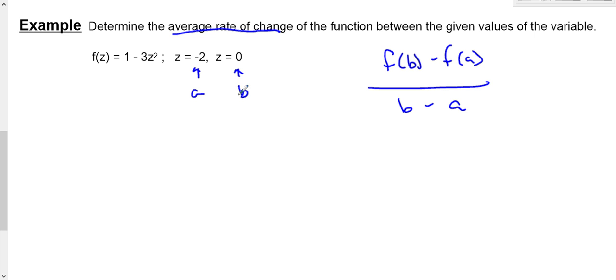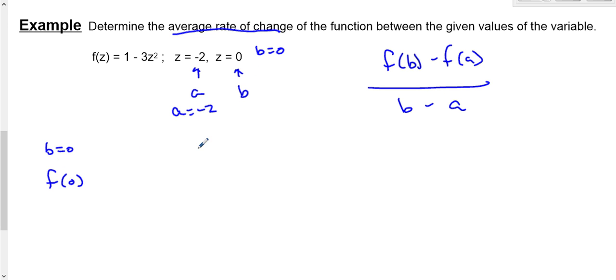And so to find f of b, we plug in f of 0. So b equals 0 and a equals -2, as I have established here. You can switch them if you want, but just know that you would have different numbers to be plugging in. Anyway, if I establish b to be 0, then f of 0,